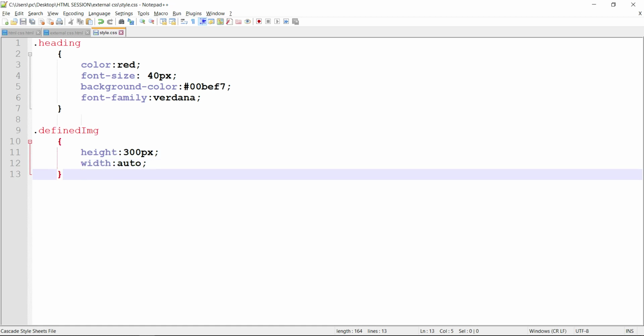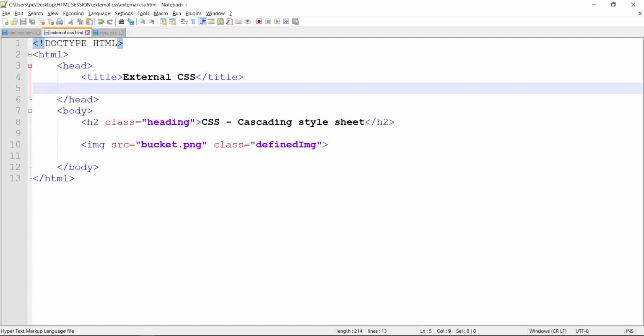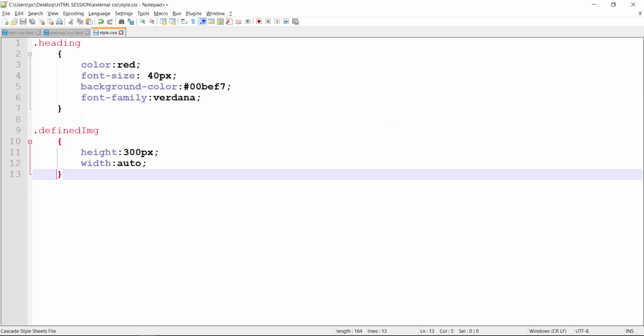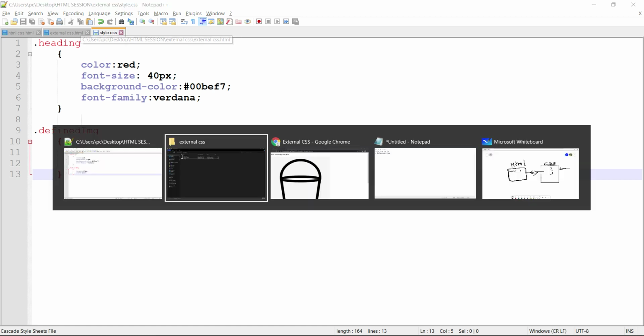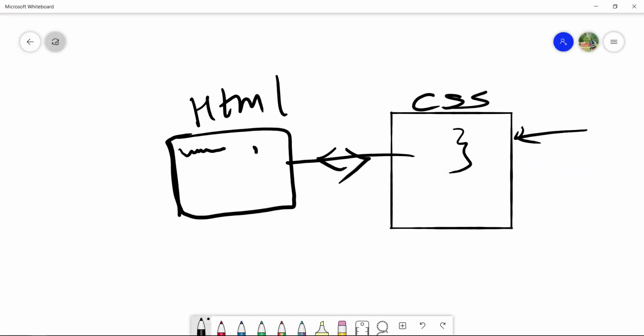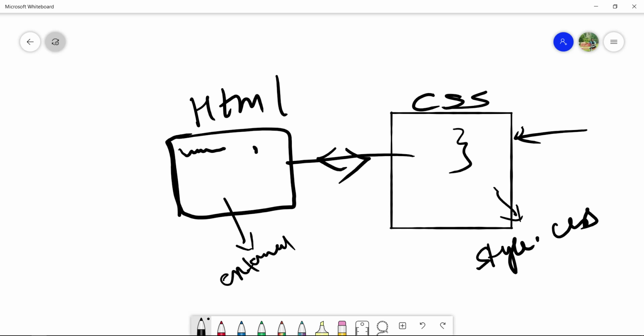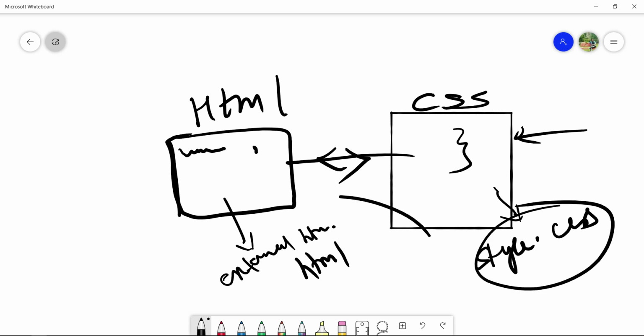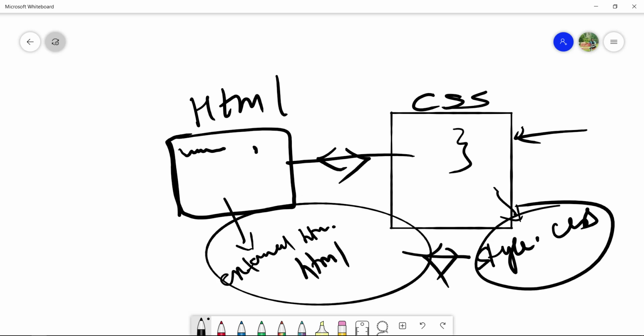So we have written this, this is our external .html file, right? And this is our style.css file. Now we have to link these two files as I have shown you in the diagram. Right now we have this file as style.css and this file as external html.html. Now we have to interlink both files.